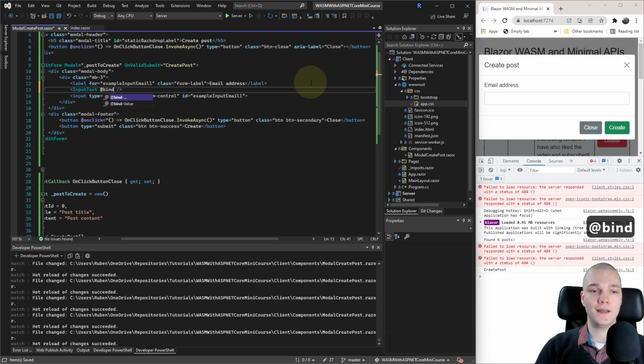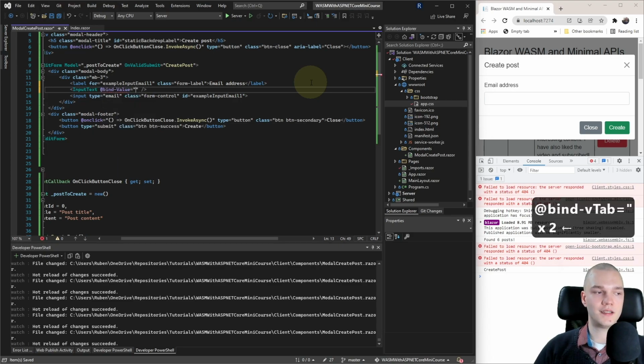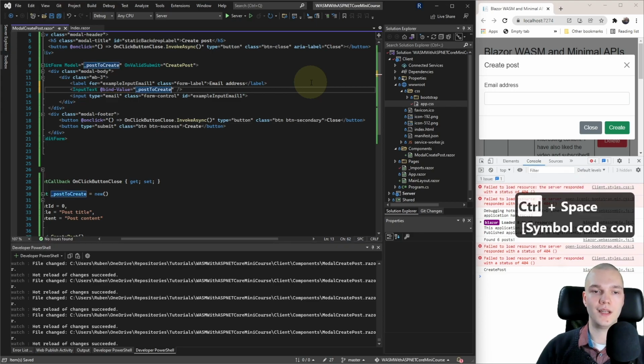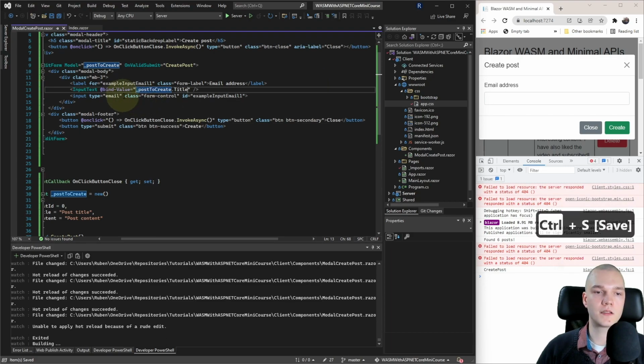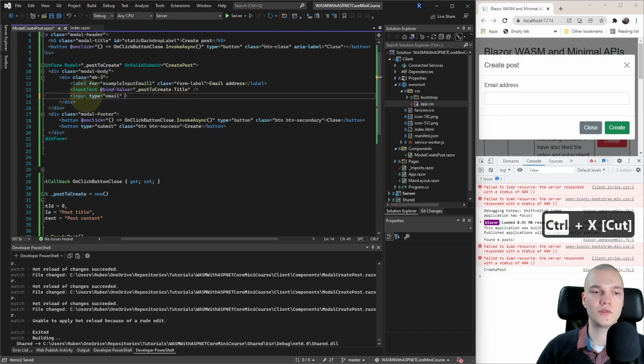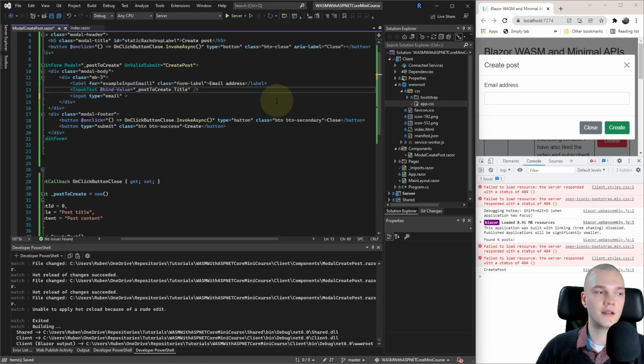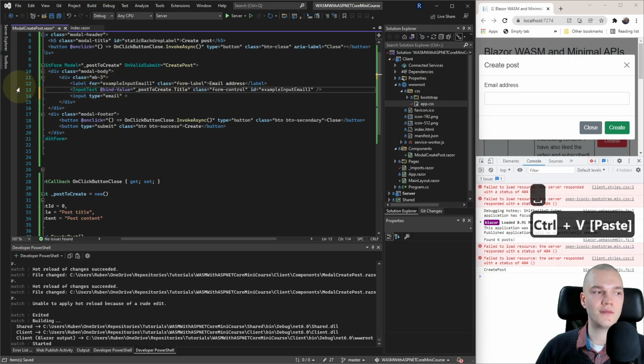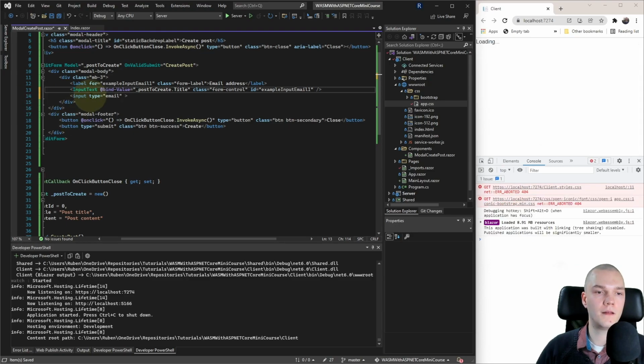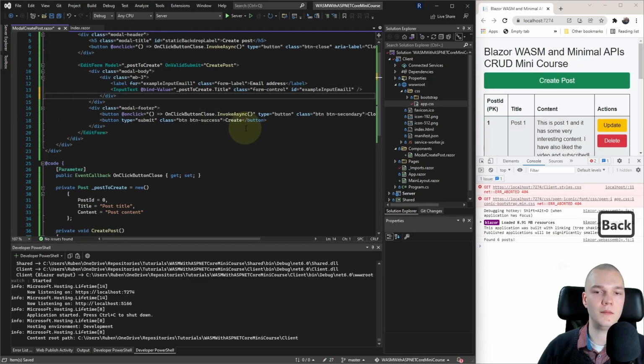So I'll pass in @bind-Value and set that to _postToCreate.Title. And let's copy and paste the class and the ID from the Bootstrap input element, paste it after the bind value, and delete the Bootstrap input.